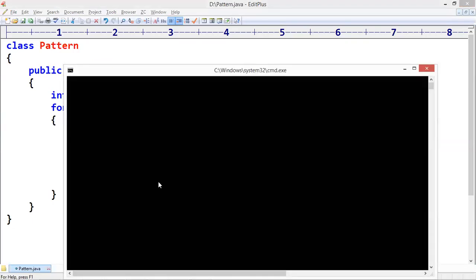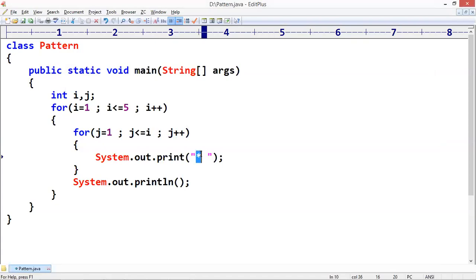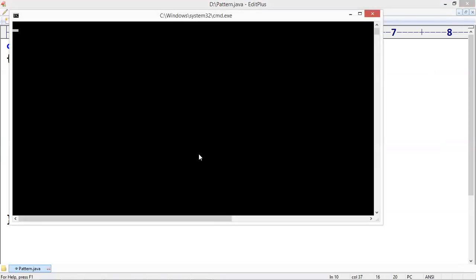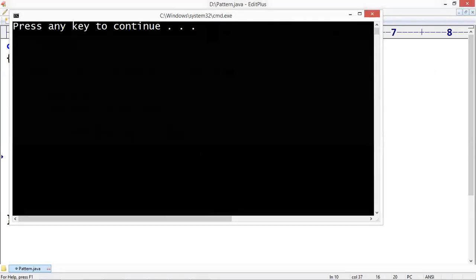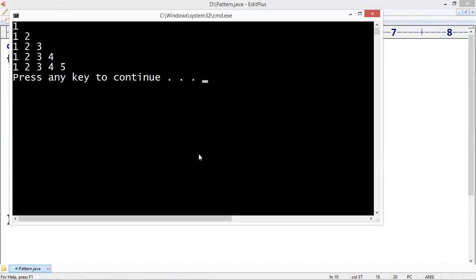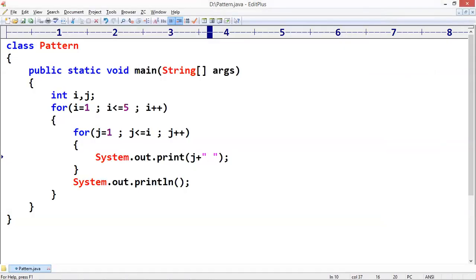When you execute this, what do we need to display here? Display that j value. When you run this code, it will print 1, 1 2, 1 2 3, 1 2 3 4, 1 2 3 4 5. That is okay.